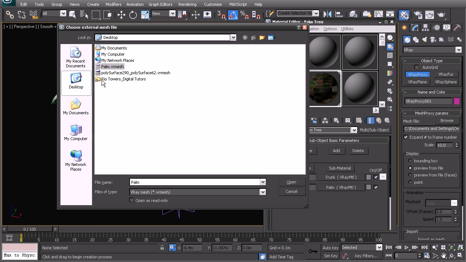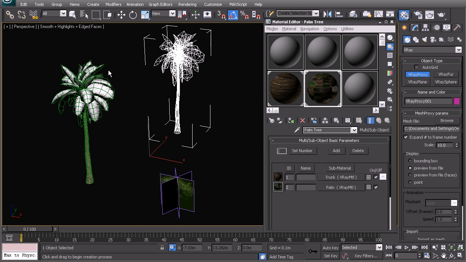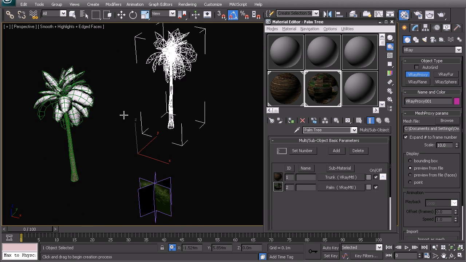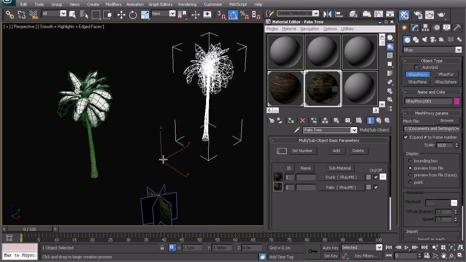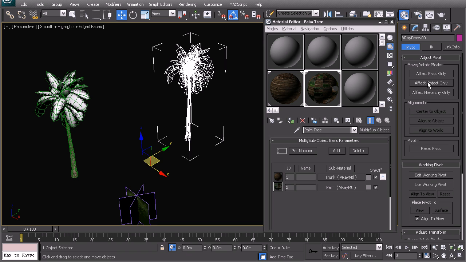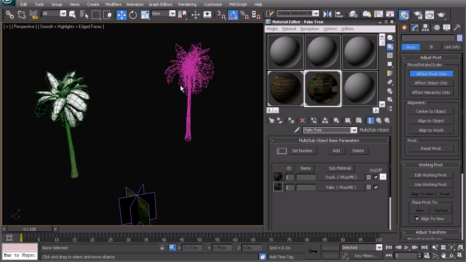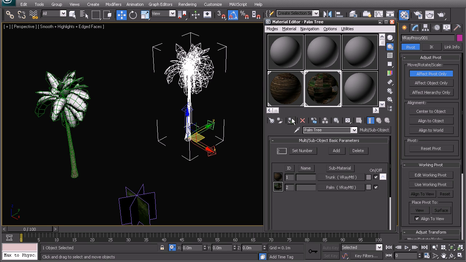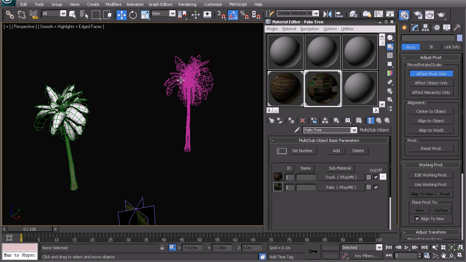Now just test out that everything is looking correct by clicking on the palm tree, and you'll see that immediately the proxy is in place. You'll notice that the base point is in the same place, so perhaps we want to move that across. And most importantly, you want to load that material that we eyedropped from here onto that new